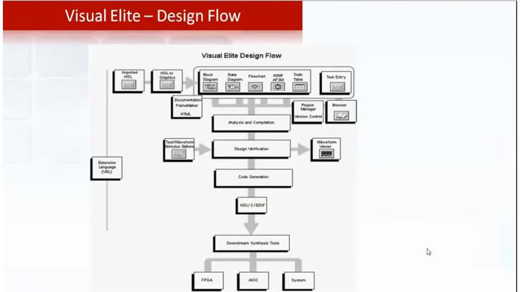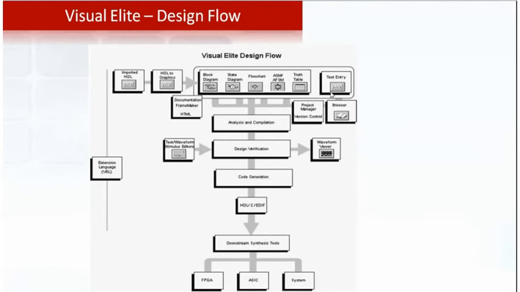This is one typical design flow when using Visual Elite software. We can do text to graphics conversion, or as said earlier, we can have input files like block diagram or state diagram, flowchart, algorithmic state machine, and truth table input is also possible.